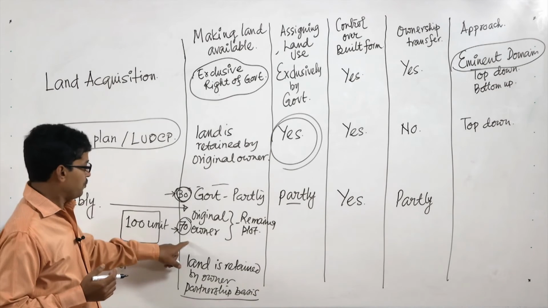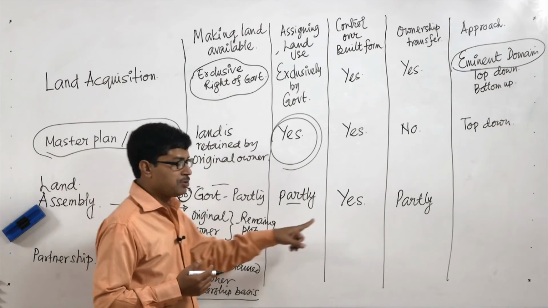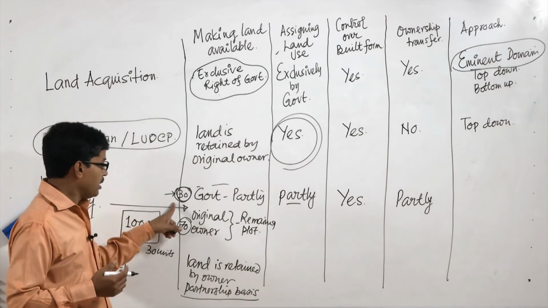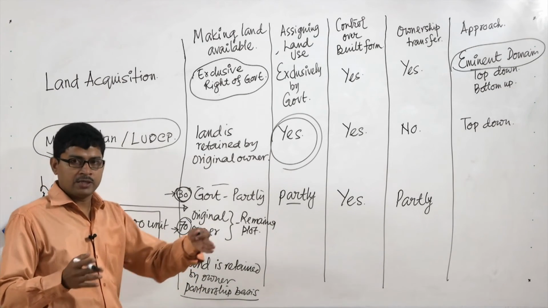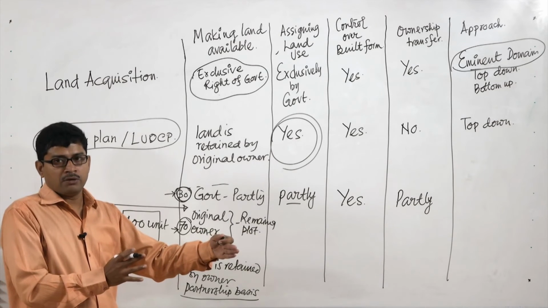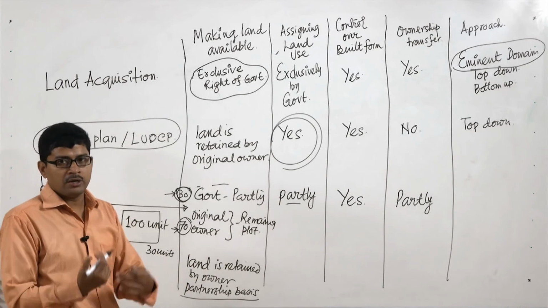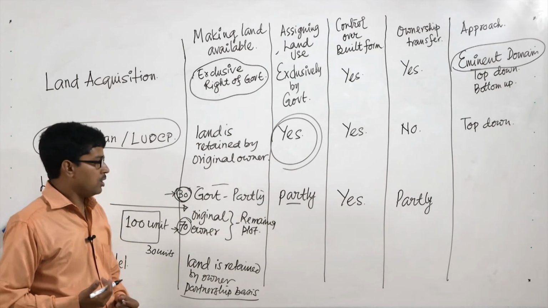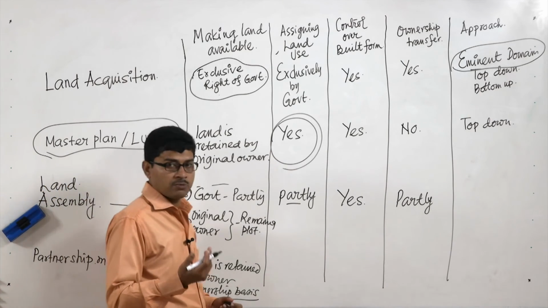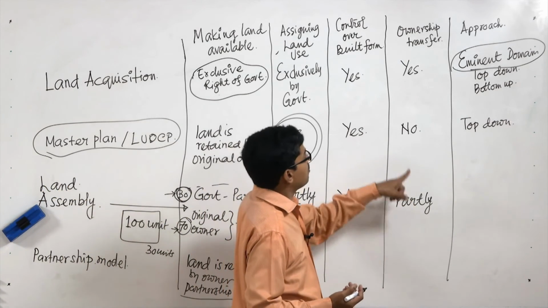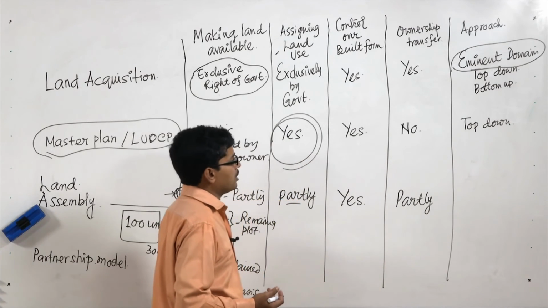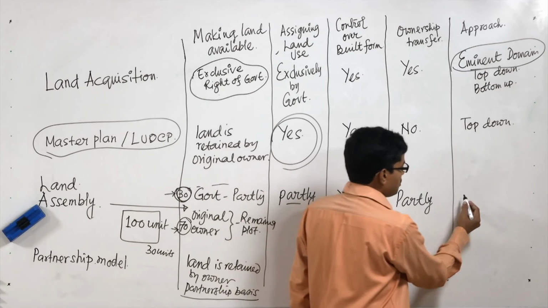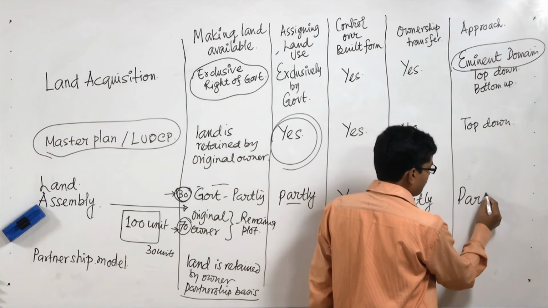For that land the ownership is not transferred, but for the remaining land, where the government is laying the infrastructure and keeping some amount of land for future development, or the recovery of the infrastructure cost, or for commercial exploitation, that part is owned by the government. So that is why it is partly ownership transfer, and here the approach is very much participatory